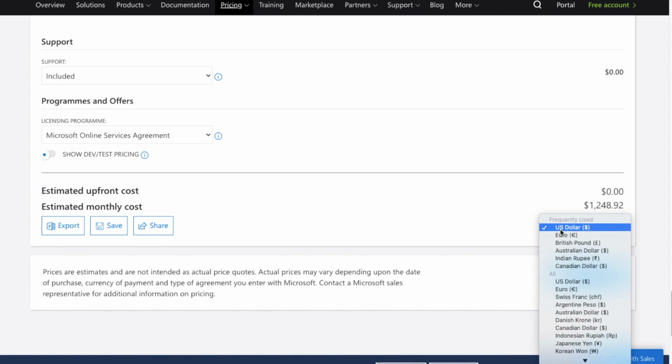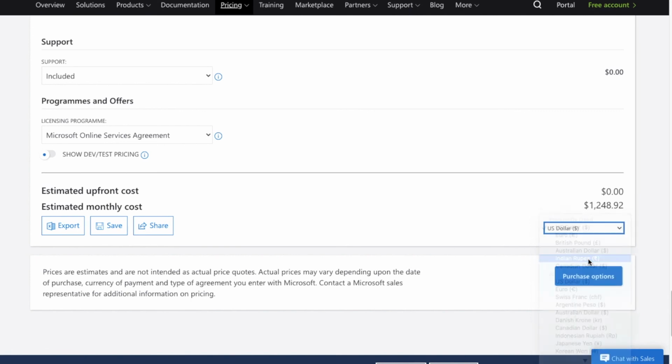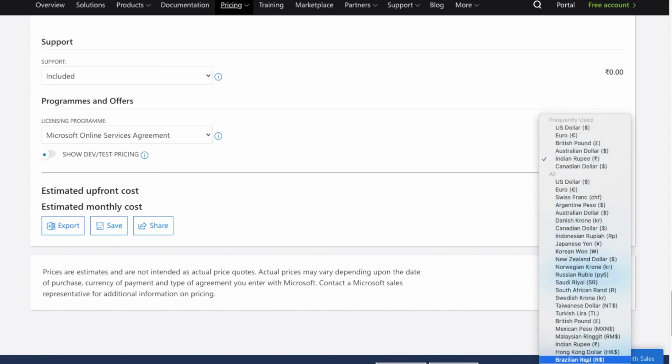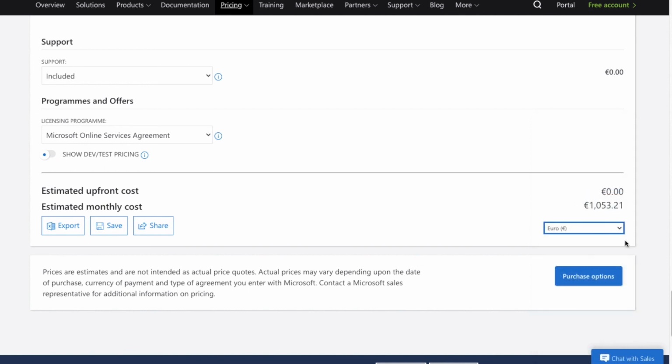By default it will be selected as US dollar. You can change it to your current location currency. For example, I can select Indian rupee here, and I can select some other currency also. For example, I can select euro. The estimation will change according to your selected currency.